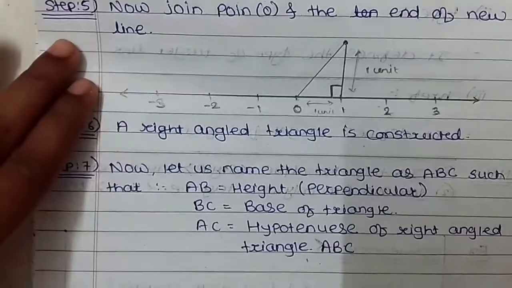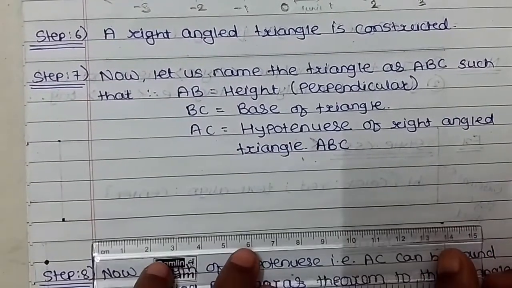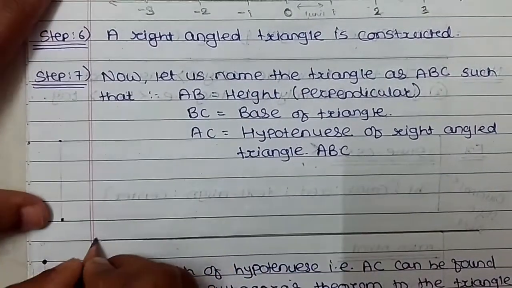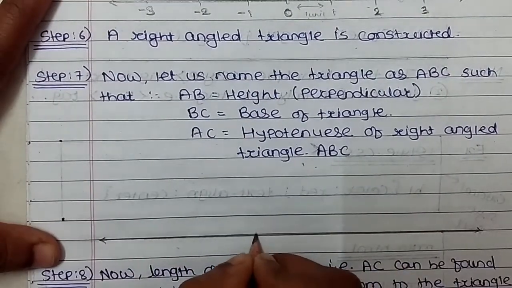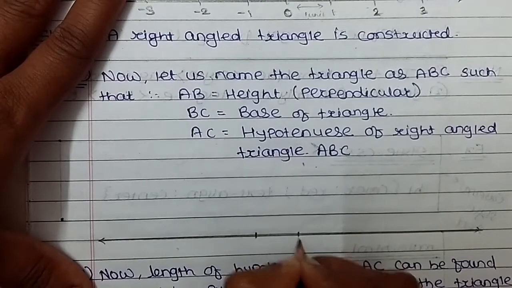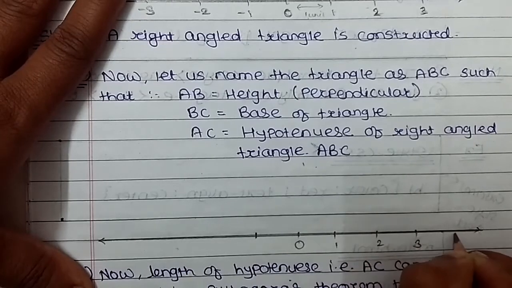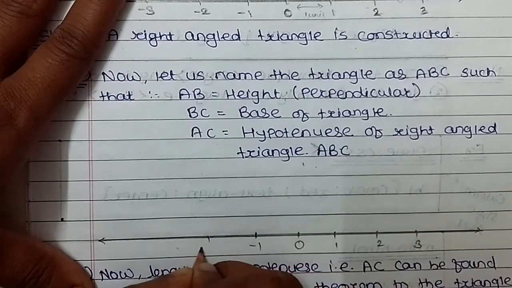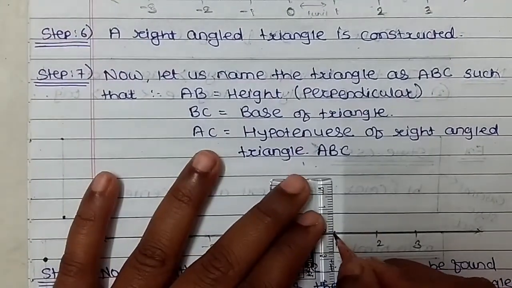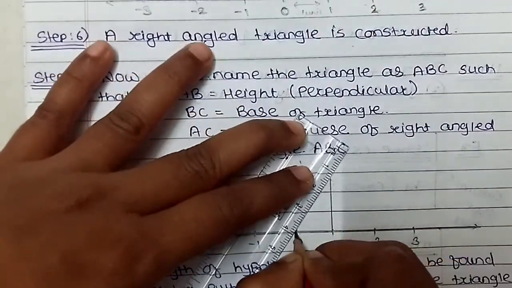So how to name this? Simple. So draw once again this figure, that is you should draw one line first of all here. Okay, draw one line, then mark 0. Okay, mark 0 on center, then 1 2 3 like this, then -1 -2 -3. Okay, then we have to draw the perpendicular of this 1, which is the same distance between 0 and 1.